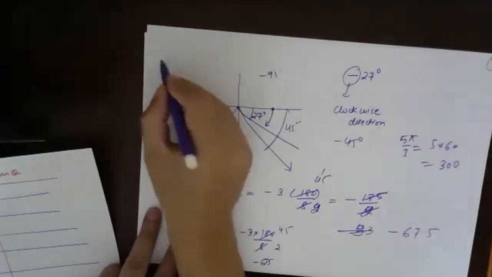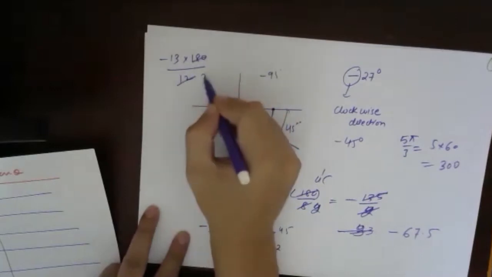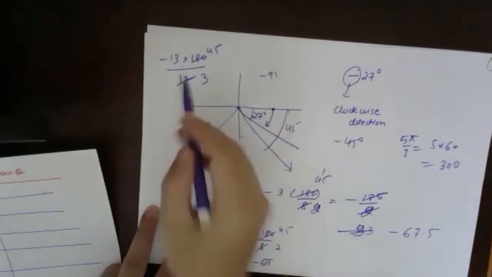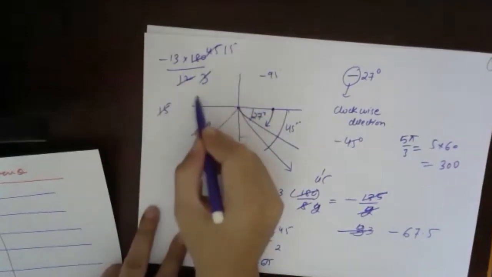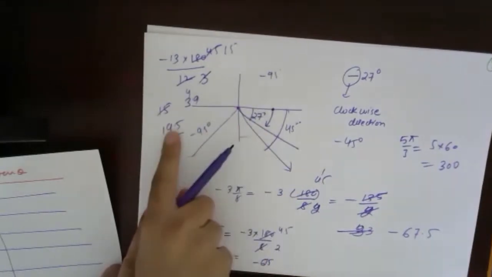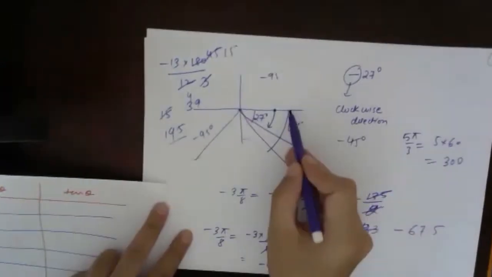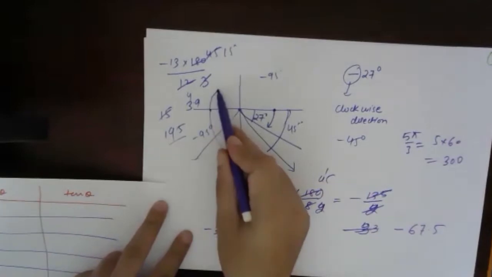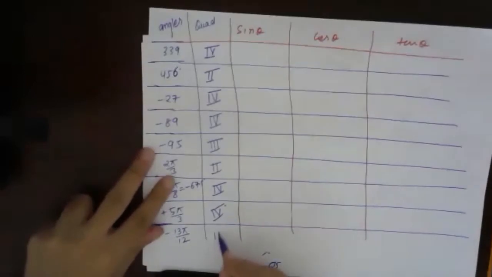Minus 13 pi by 12. Let's see where this will lie. So minus of 13 into pi, I can write as 180 by 12. So this is 15. So 15 into 13 is 195. So this is minus of 195 degree. That means from here till here is 180 and 15 more. So this is in the second quadrant. Very good.